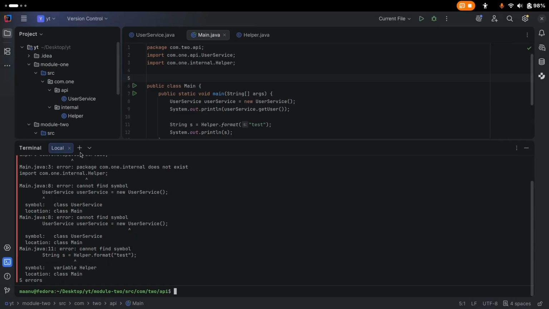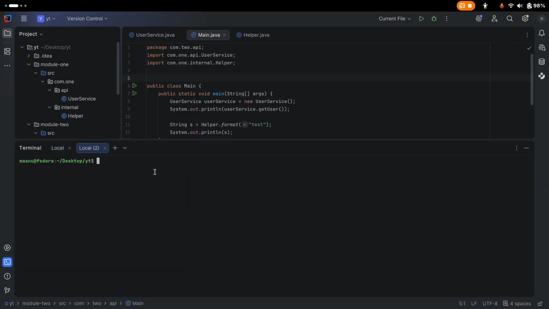So we can open one more terminal, and from here we can compile our module 1 first, and that will make sense in a bit. We can compile that, and also provide separate destinations for our module 1 and module 2. Inside out we can create one module 1, and inside here we can put our compiled .class files. First one is module 1, then src, then com, then 1, and api. First we can go with UserService